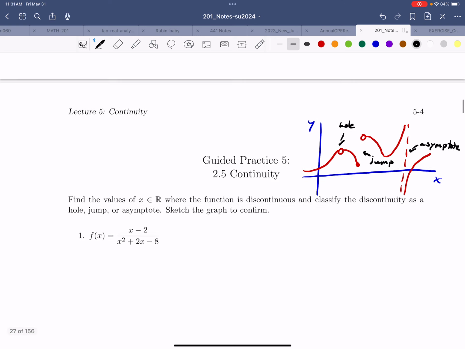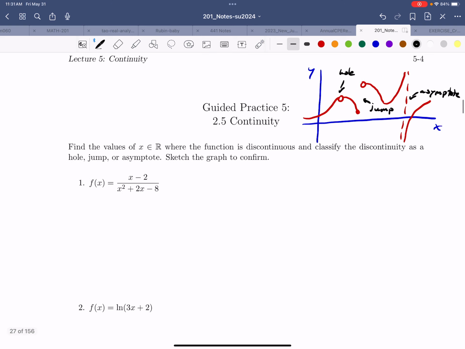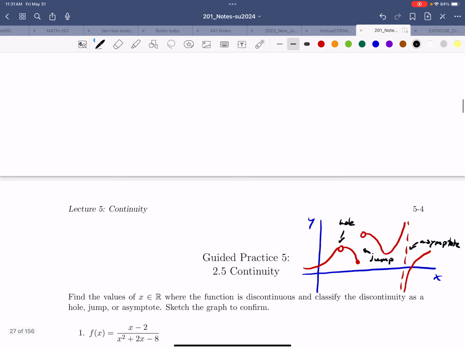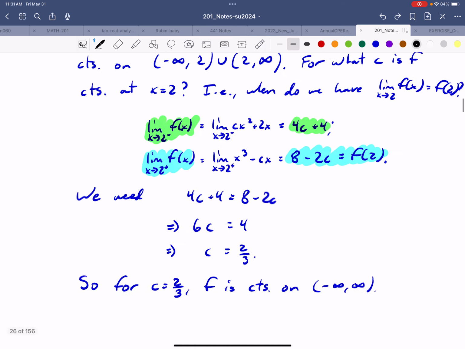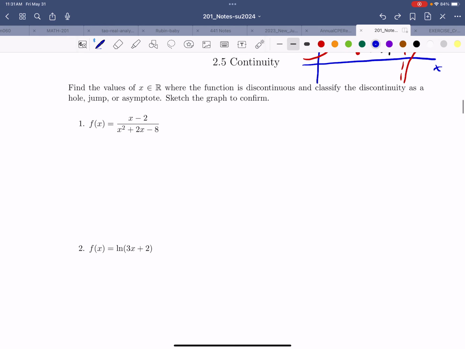Now, to make things a little more challenging than before in the lecture, we're not given any x values. We need to figure out where f is discontinuous. Well, remember fact 2 from the lecture, right? If we have functions that are continuous, then so are their sums, differences, multiplication by a scalar, products, and quotients, right? So what that means for us is that